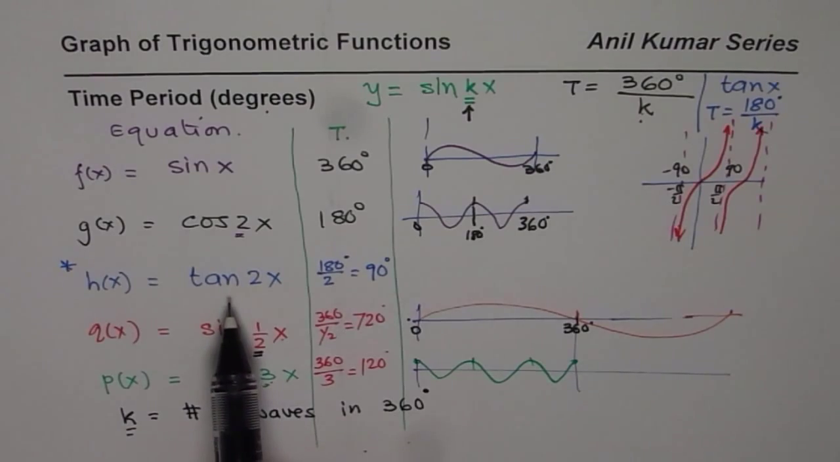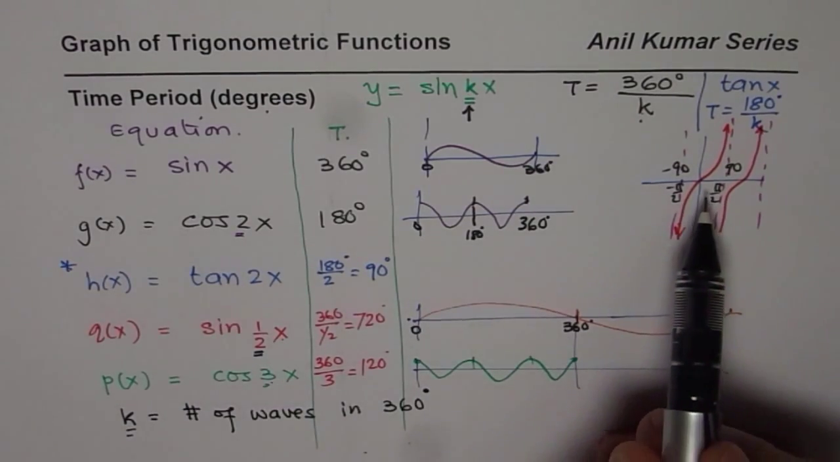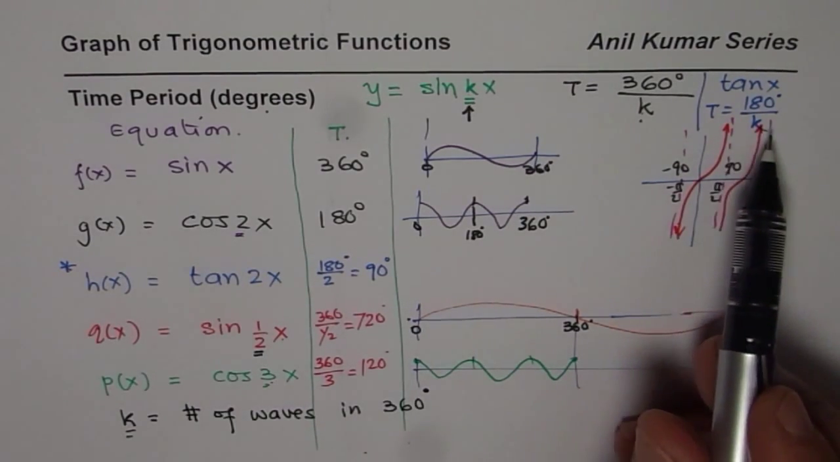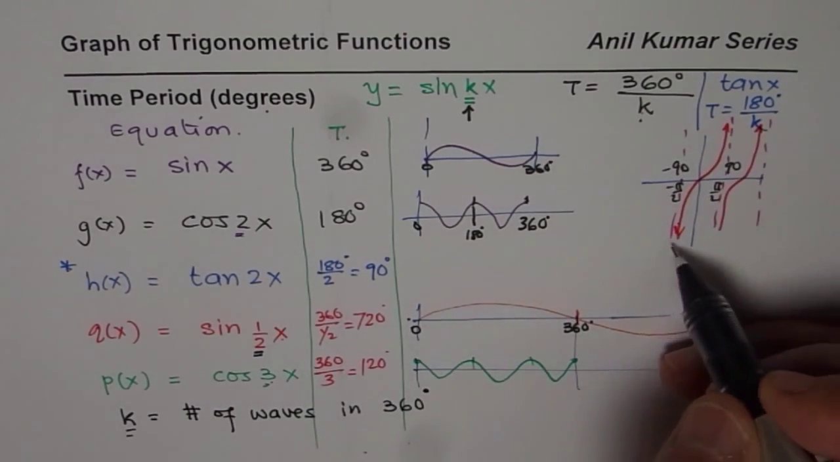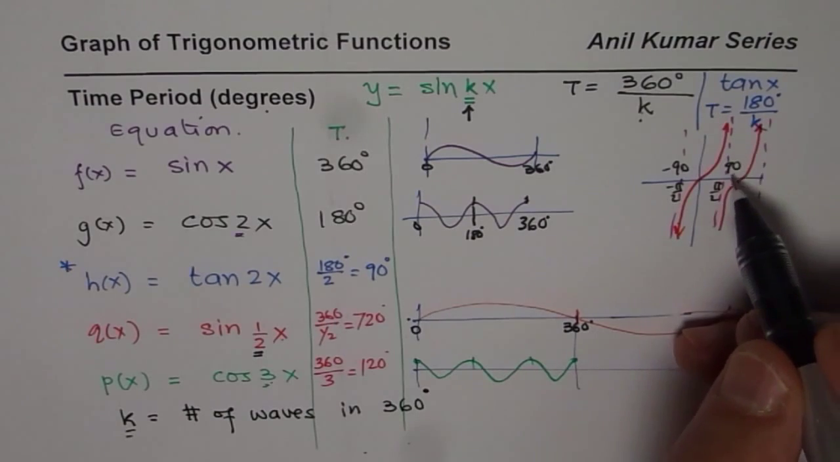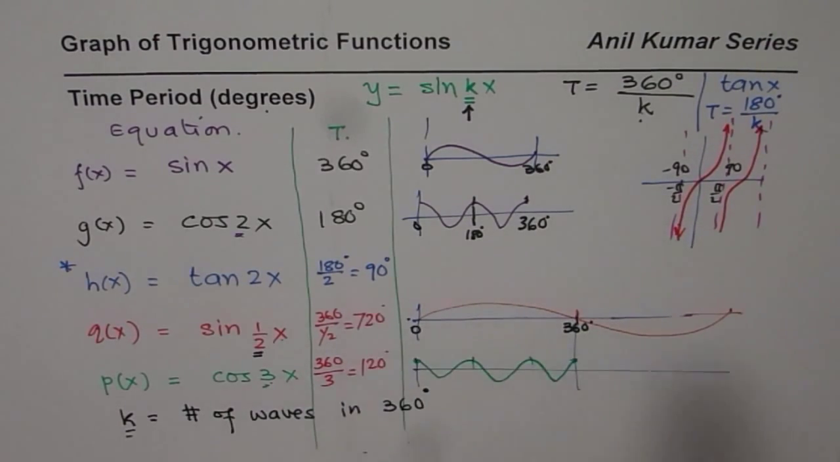For tan, as I was saying, we have a time period of 180. So here if I say 2x, then we'll have 2 tan functions within 180 degrees. That is what we mean here, correct? So in this case, what we will have here is,